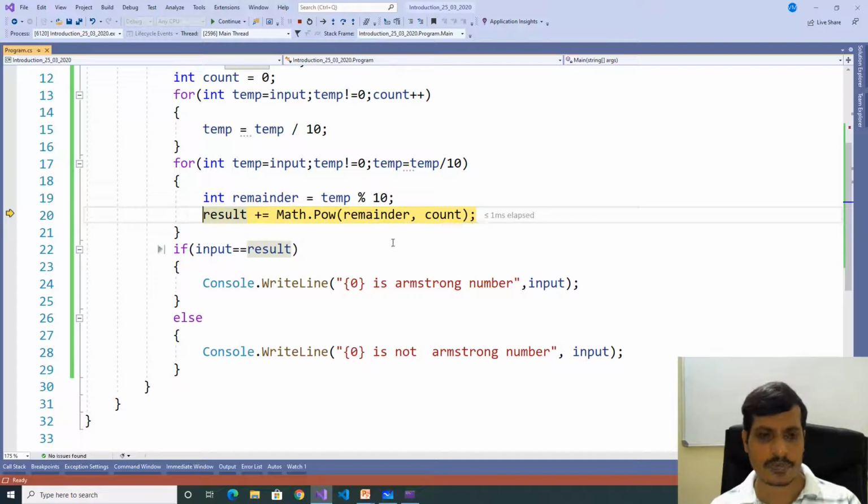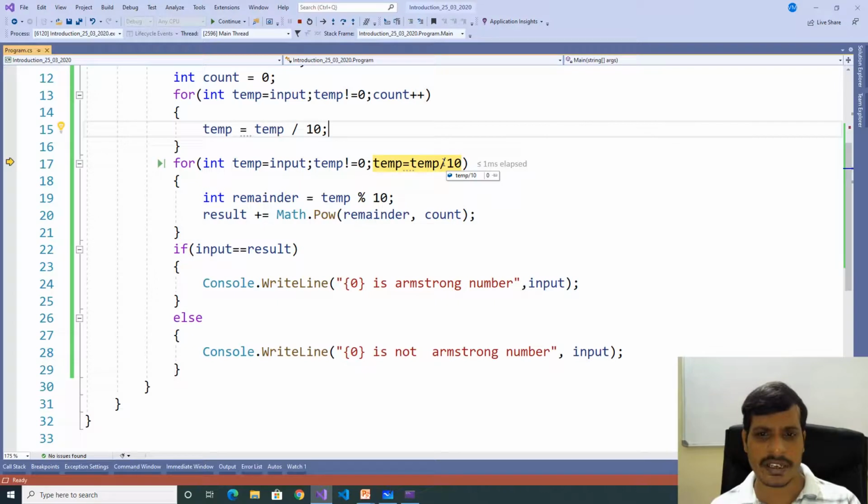That means 5 cube, which is 125. 27 plus 125 gives 152. Now temp is equal to 15. 15 divided by 10 gives 1. 1 not equal to 0. True. Here 1 modulus 10. Remainder is equal to 1. Here 1 comma 3. That means 1 cube. Here 152 plus 1 is 153.